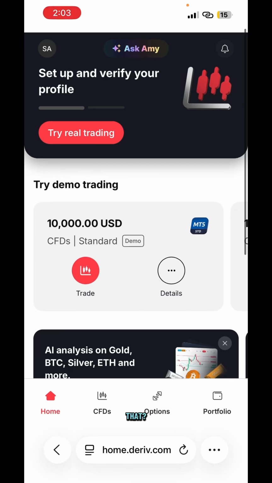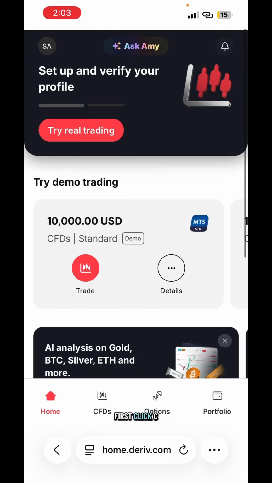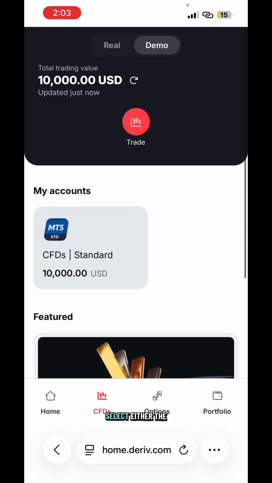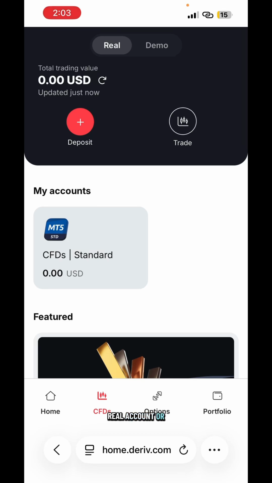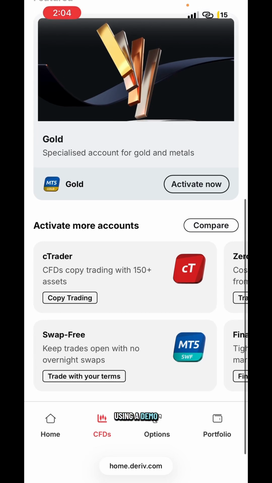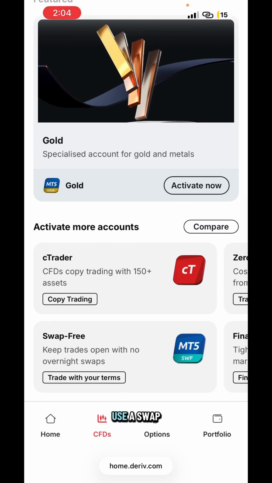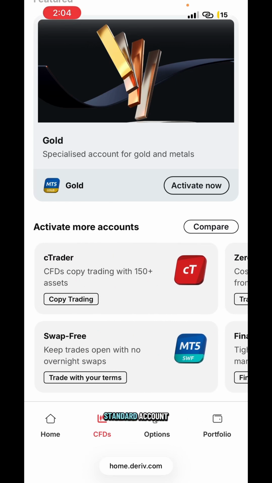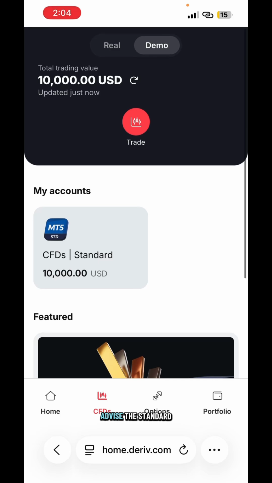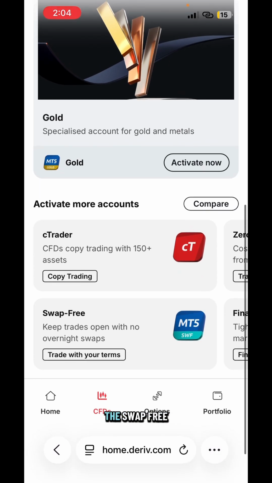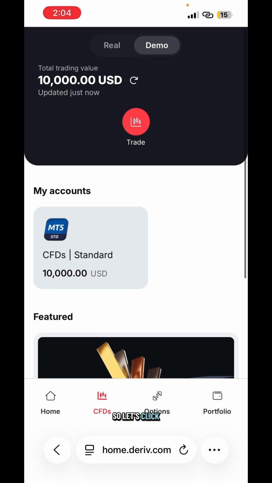And how do you do that? You have to first click CFDs, and then you select either the real account or the demo account. But for this video, let's try using a demo account. Okay, you can either use a swap free, a zero spread account, or a standard account. But I do advise the standard account for newbies to some extent before you go into either the zero spread or the swap free. Okay, so let's click standard,